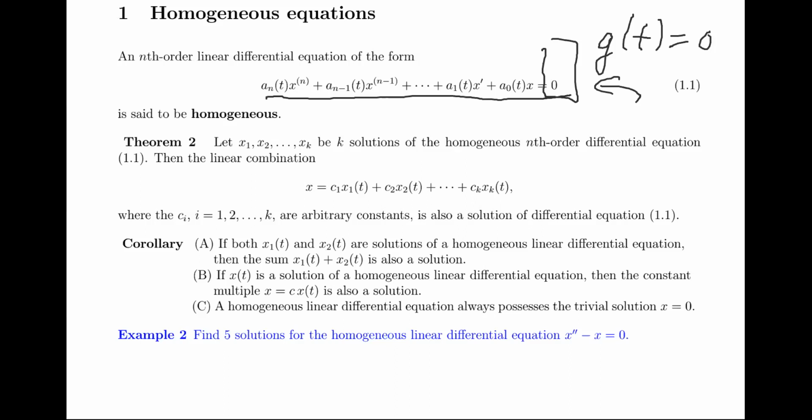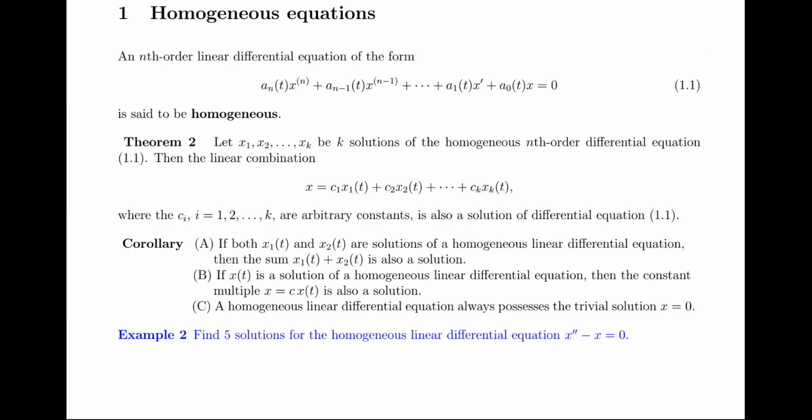Everything else here, so this left side, looks just like the nth order linear differential equation that we had stated on the previous page. And it turns out, by this theorem too, if we have k solutions to a homogeneous nth order linear differential equation, then a linear combination of those k solutions, with c1 through c sub k being arbitrary constants,